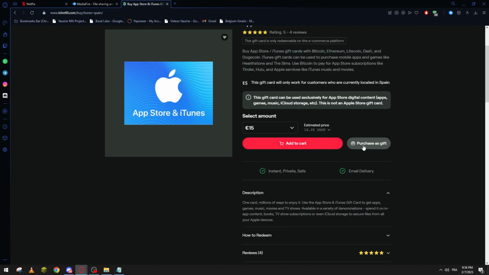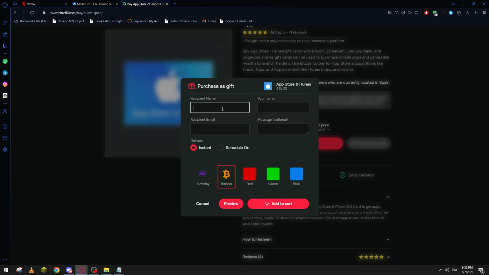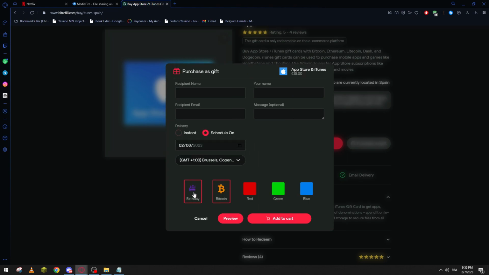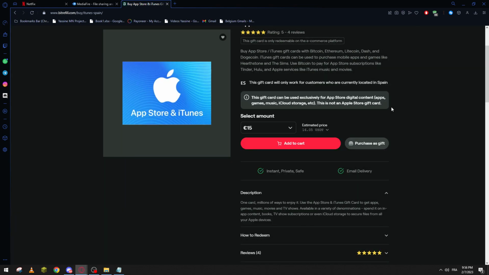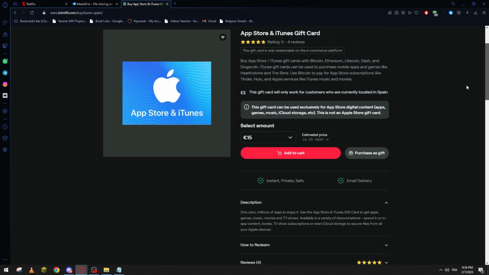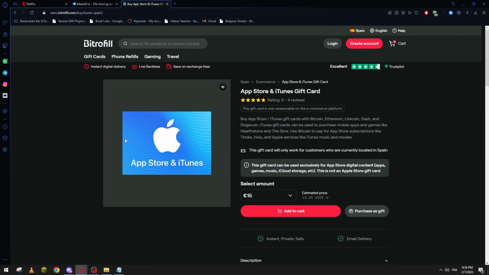All you have to do is purchase as a gift. Here you put your recipient name, recipient email and message, and then if you want to schedule it on someday, you can just schedule it here, and then make it a birthday gift, and just add to cart. Just like that, you only have to put your Bitcoin address, send it to this website, and just like so, you will be